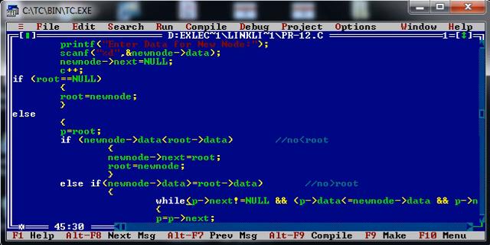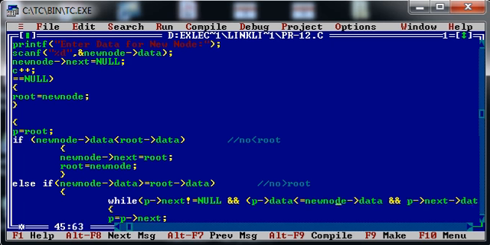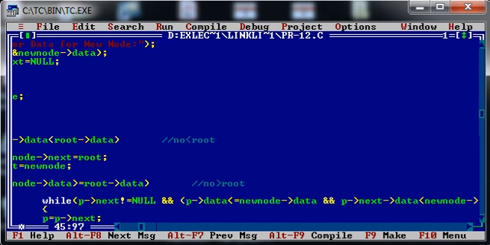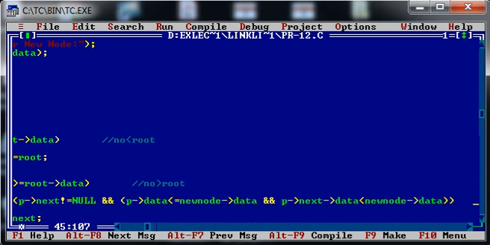This is the most important condition so far as the logic of the sorted linked list is concerned. As I have told you earlier also, this loop will check for the end of the linked list, and these two conditions will check for the positioning of the newly created node. It will decide the position where the newly created node will be placed.